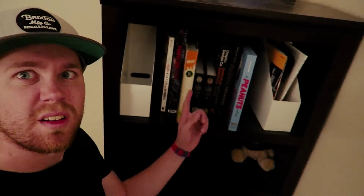I have a library of stuff. There's books, and it's not really books, it's just like comic strips and things like that, so that's what I'm into. The only other thing that's interesting about this office is that